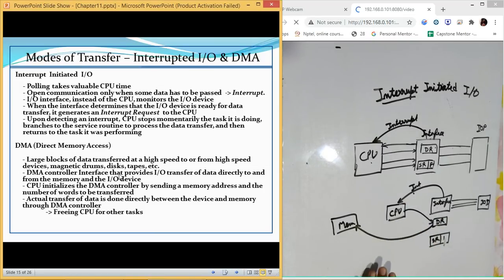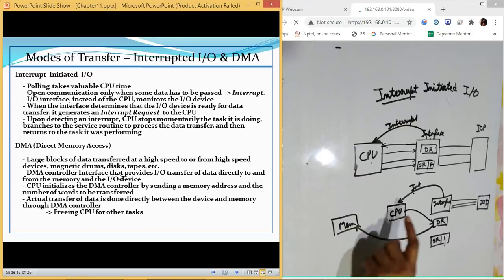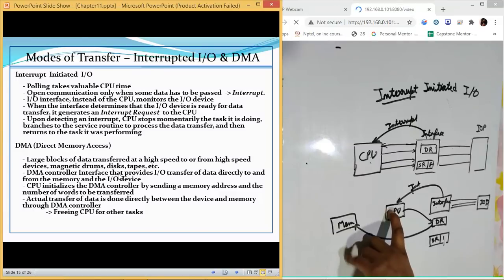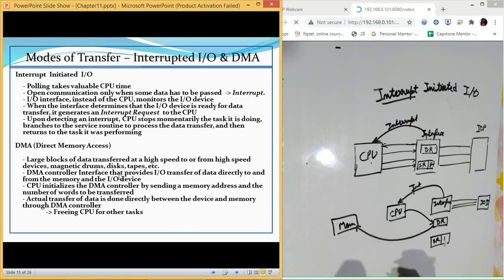So we have discussed this. Upon detecting the interrupt, now what will your CPU do once it receives this interrupt? It will stop its processing, whatsoever it was processing. It will halt it for certain time. It will store the addresses. We have studied about PC, which was program counter. Then we have studied about PSW, processor status word, which was including certain bits, Z bit, B bit.